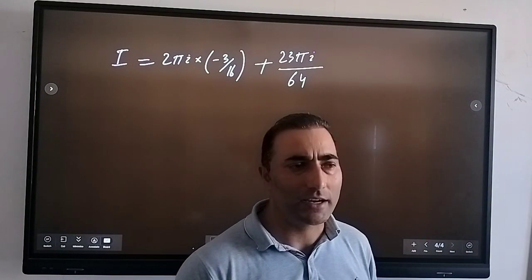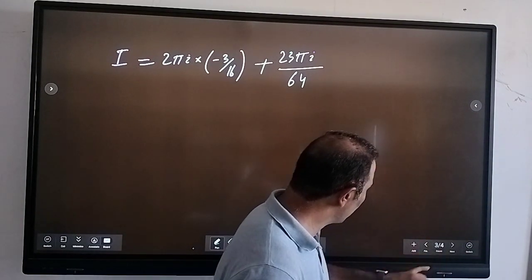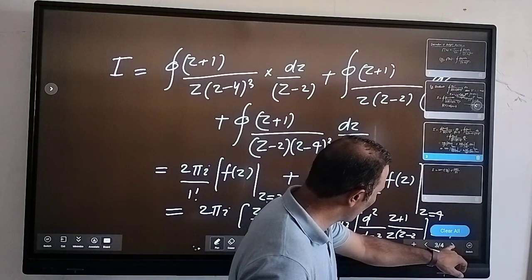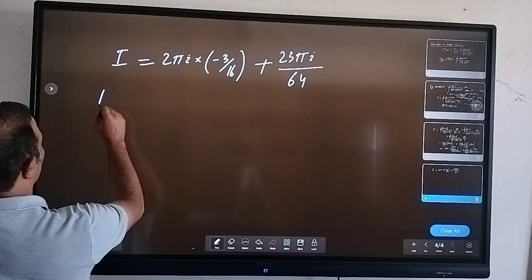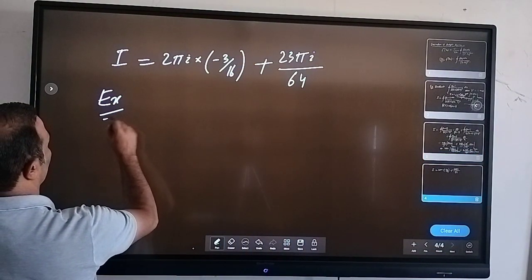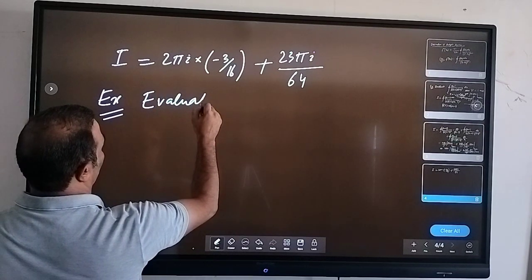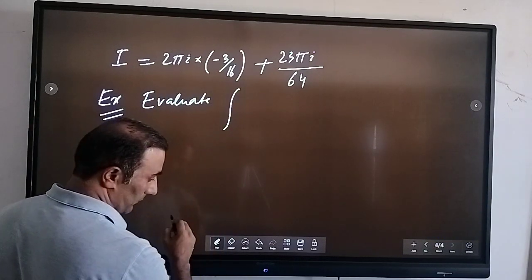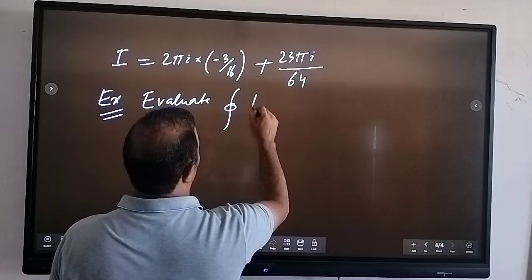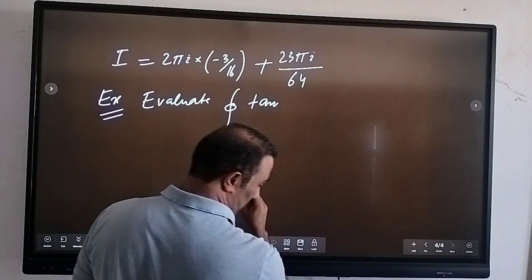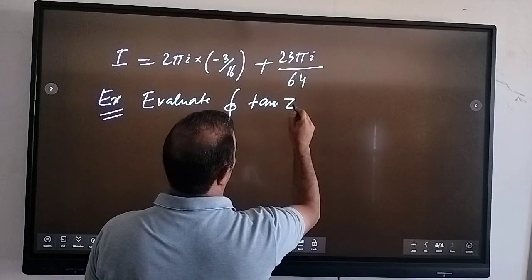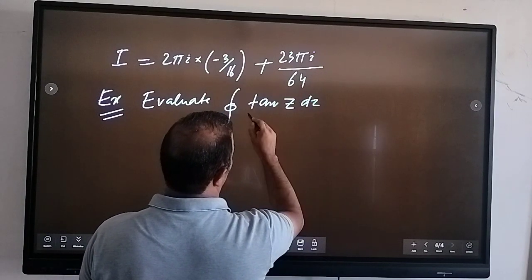Otherwise, अगर यहाँ पे simply that z minus 4 होता है, तो अगर हम देखेंगे for example, okay, I will show you one more problem. So if we want to evaluate this integral, evaluate the integral tangent z bar dz upon,